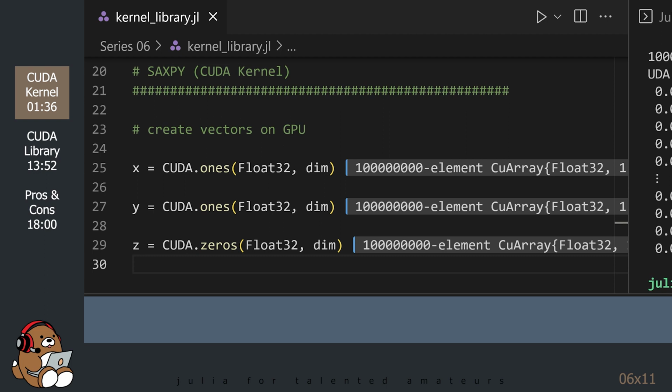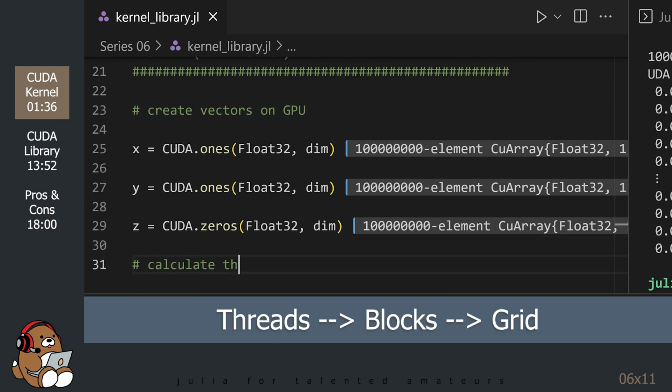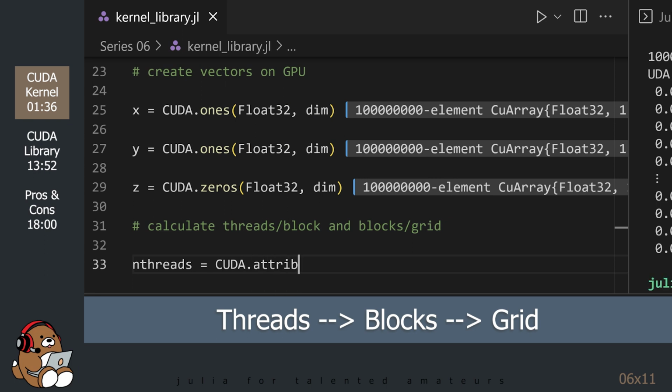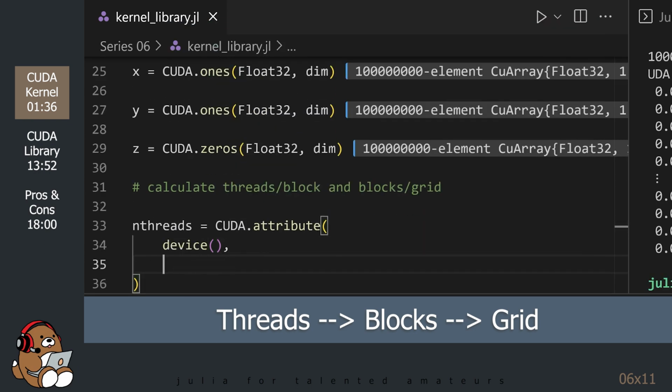Before we can create our CUDA kernel, we need to understand how CUDA organizes the tasks in order to execute them in parallel on the GPU. CUDA does this by grouping the individual tasks into threads, and then grouping those threads into blocks, and then grouping those blocks into a grid.